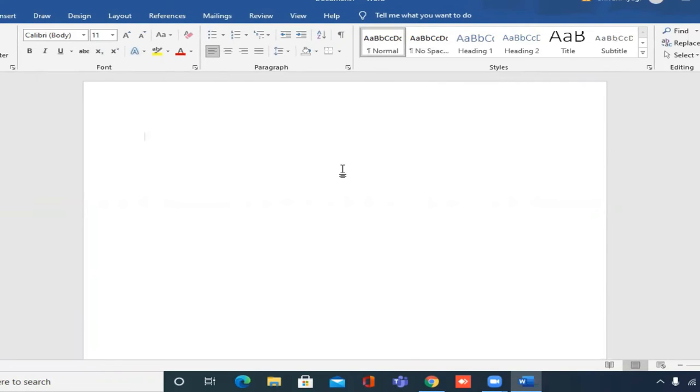Now, as I told you at the start, we'll be learning about the basic operations of MS Word. Today I'll be teaching you how to make your text bold, italic, and underline, how to change the text size, the text style, the font color or text color, and the text alignment, and how to put bullets and numberings. I will also teach you how to put a watermark, how to change the page color, and how to apply the page border.